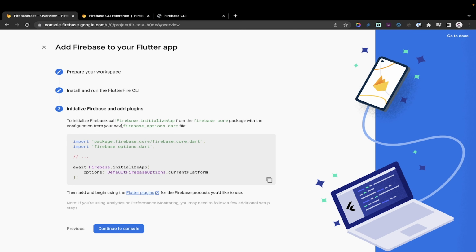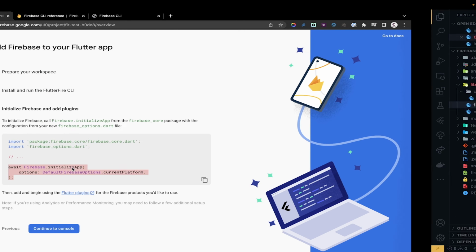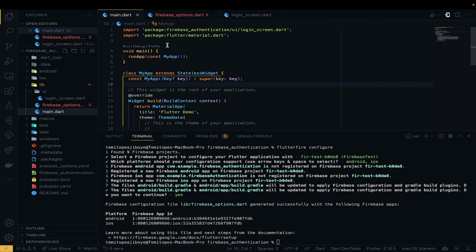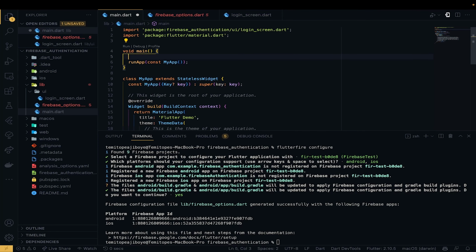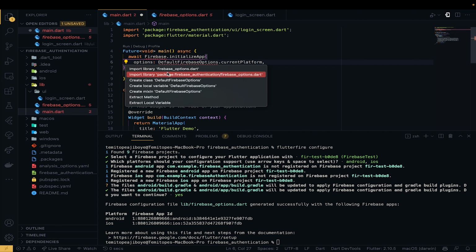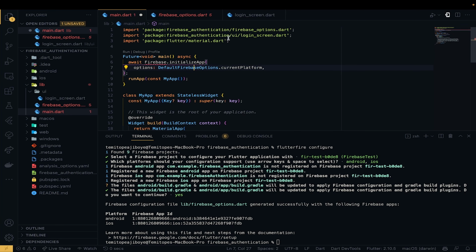Next thing is we are going to call await Firebase.initializeApp, and we're going to go here, the main, and I'm going to put it here. I'm going to import all this, but there's a problem. We don't have Firebase installed